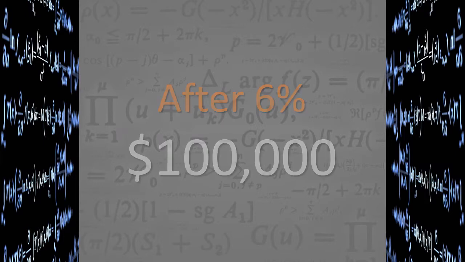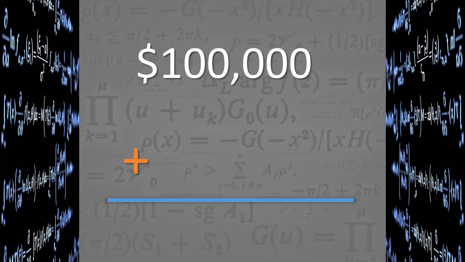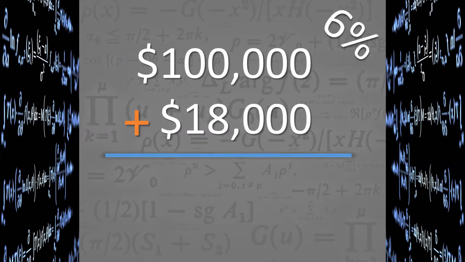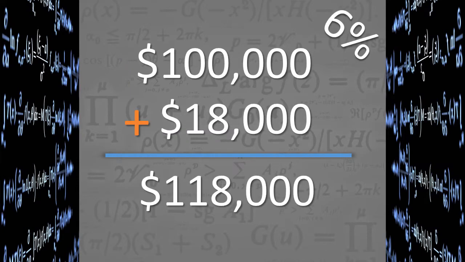Okay, so he wants to net $100,000, so he better collect another $18,000 to pay all those other costs, correct? So he's going to have to add that in. Plus he's going to have to add in a what? 6% commission. Now, if you look at this, these are easy to add in, just plus that, but you can't add in a percentage. So what are you going to do? Well, you move this percentage off to the side for a minute, and you come up with $118,000 here,